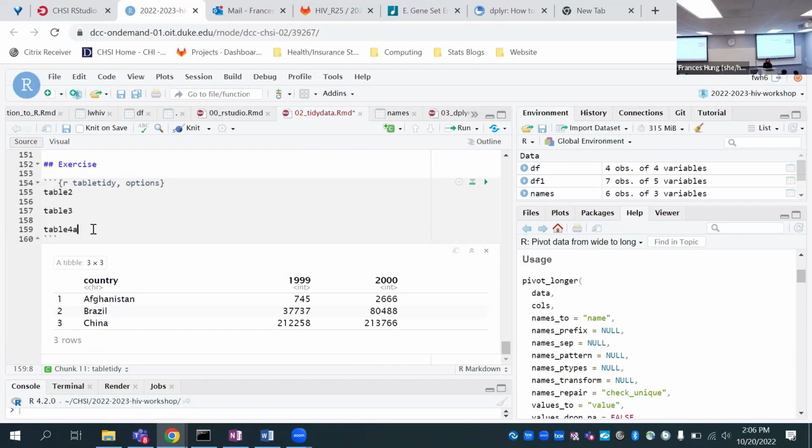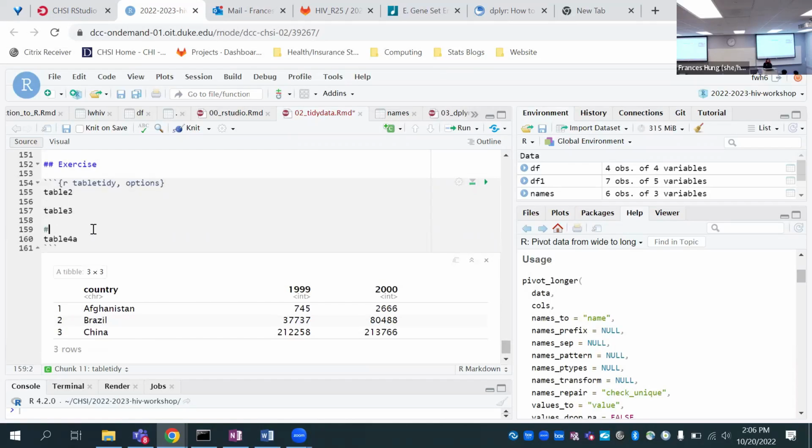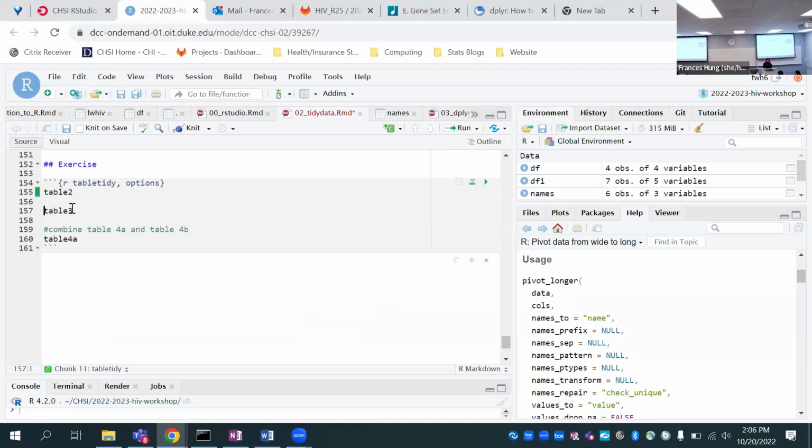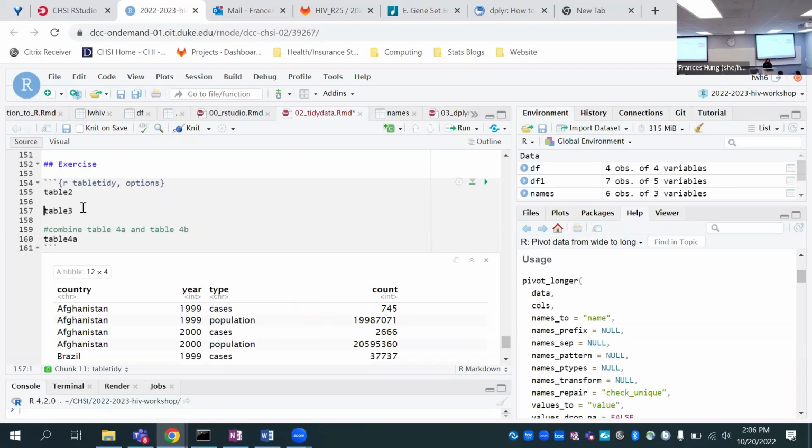It's cases and population, and then there's a count, right? So basically, we don't want cases and population together like that, you want it to be wider. So you want a column of cases and a column of population. We haven't talked about that.